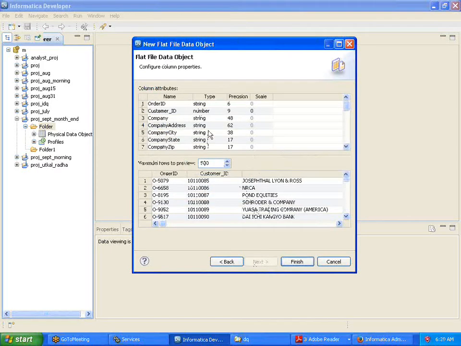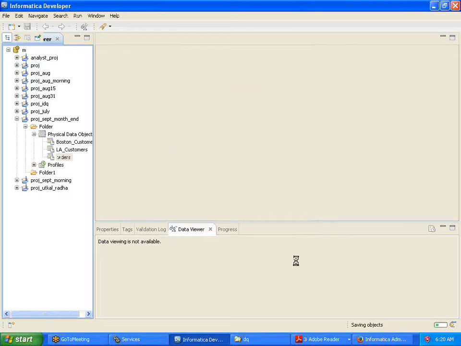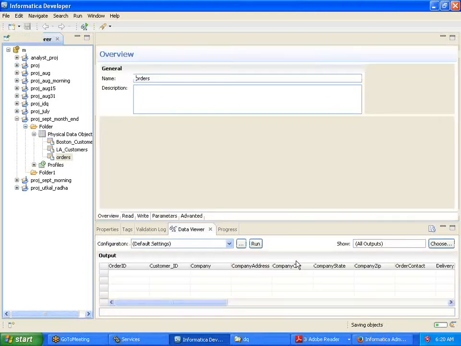And then once you click on next, you could see columns in the top and data in the bottom. So you will have both the options as part of this, and then click on the finish button so that we are able to see how to create this particular data object based on a flat file. So these are the sequential steps that need to be followed in order to create a flat file data